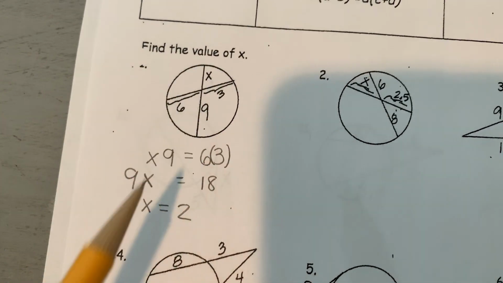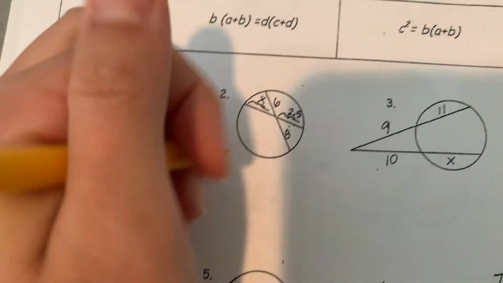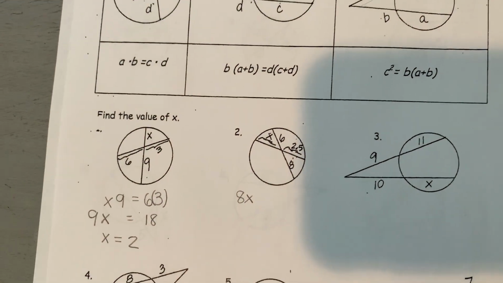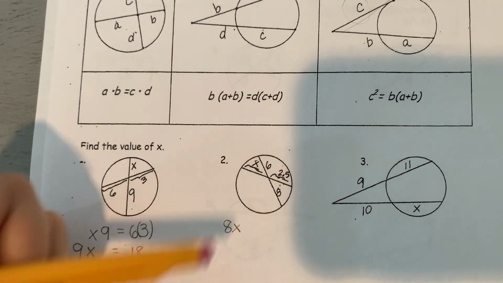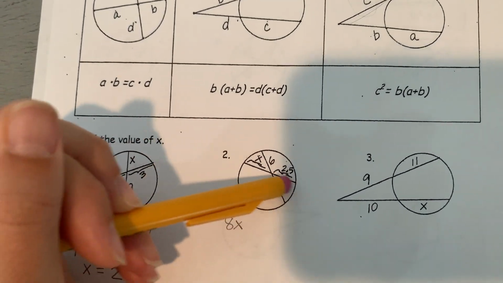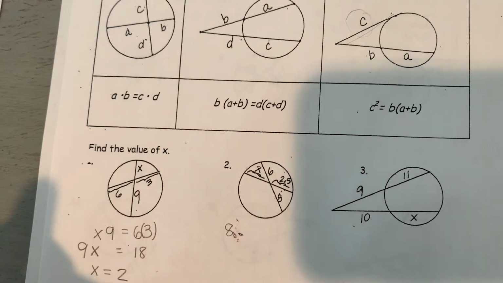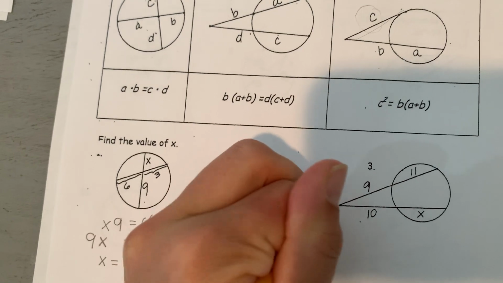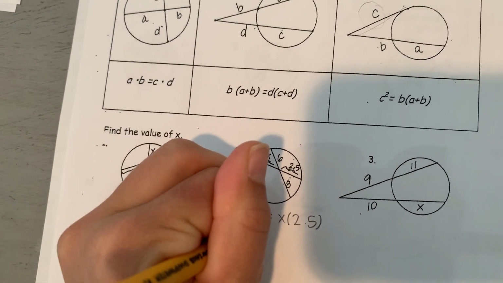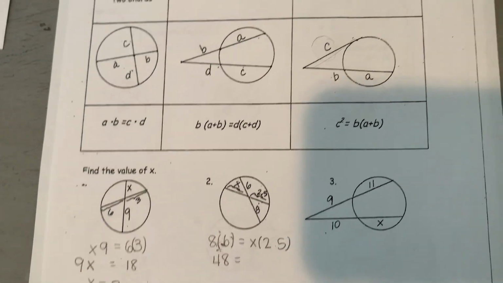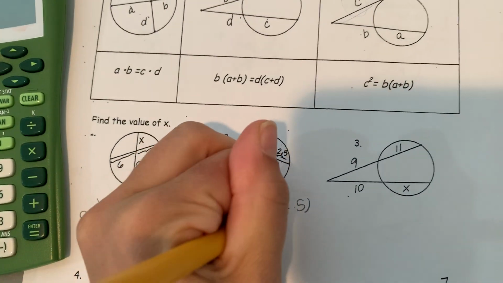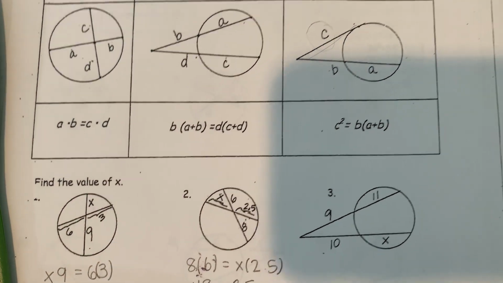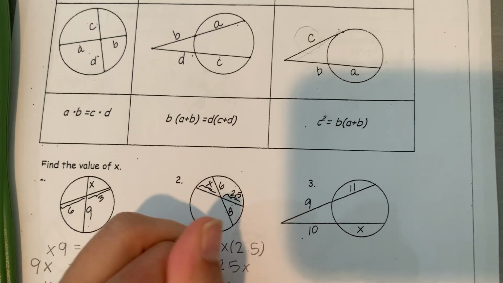Okay? Same idea on number 2, that if I multiply the parts of my chord together, they'll be equal. Be careful. You have to multiply parts that are on the same chord. X and 8 are not on the same chord, so I can't multiply them together. So I have to multiply 8 times 6, and that will equal x times 2.5. 8 times 6 is 48. X times 2.5 will be 2.5x. Divide both sides by 2.5, and you'll get x is equal to